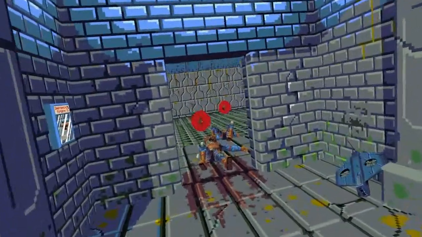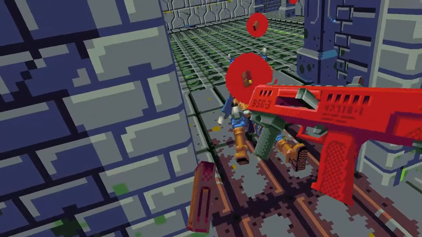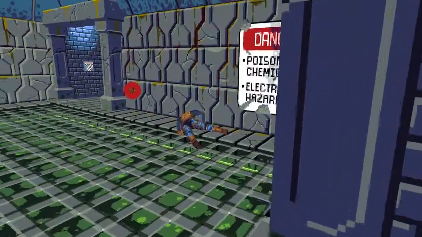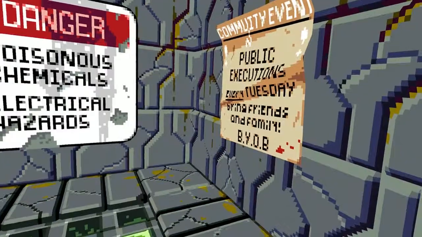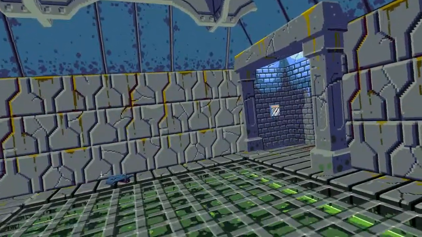Hey, I got him. The guy over there I was aiming for. Now, weapon action, spawn, in. Now that motion, that movement there becomes kind of, you have to think about it less the more often you do it. Public executions every Tuesday. Bring friends and family before this. Okay. You're not told anything about...